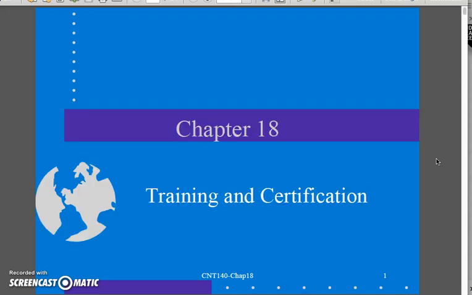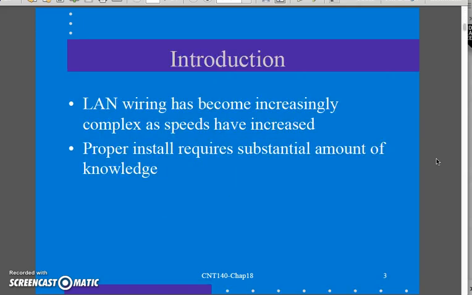Now, just to put things in perspective, up until now, probably in your career you were aware of EIA, CompTIA A+ certification, CompTIA Network Plus certification, Cisco networking certification. One thing that probably didn't occur to you is certification in network cabling installation, troubleshooting, maintenance, that sort of thing. This is a whole other area of certification, and that's really the focus of this chapter.